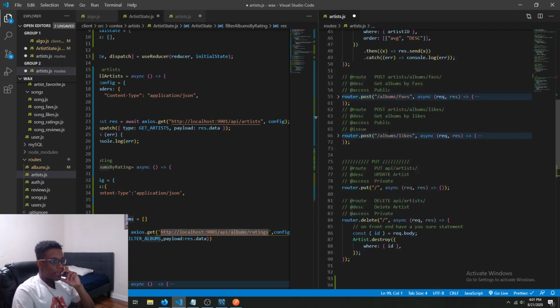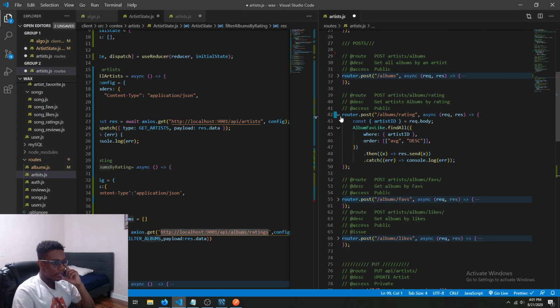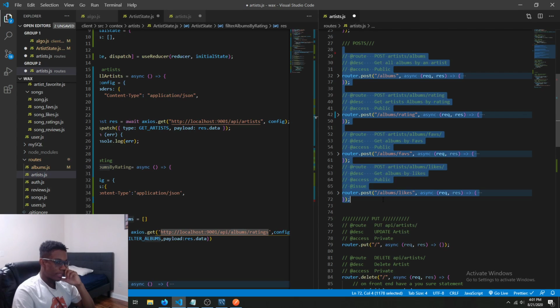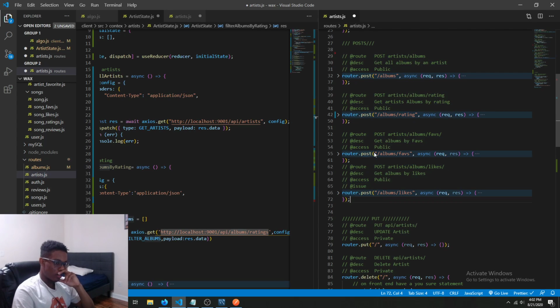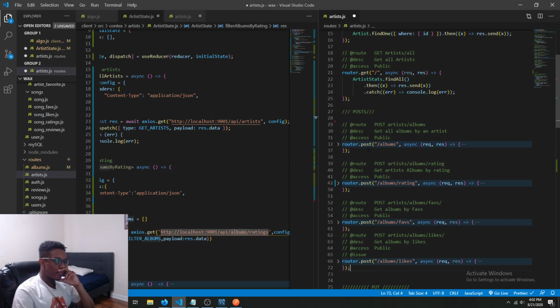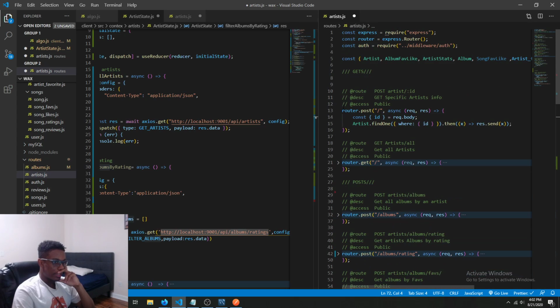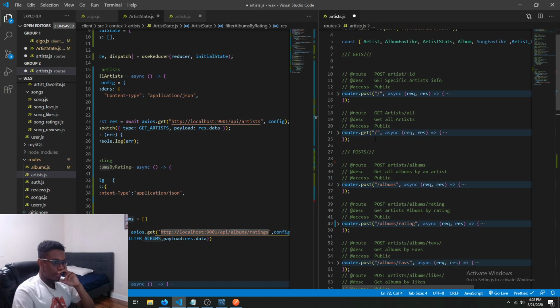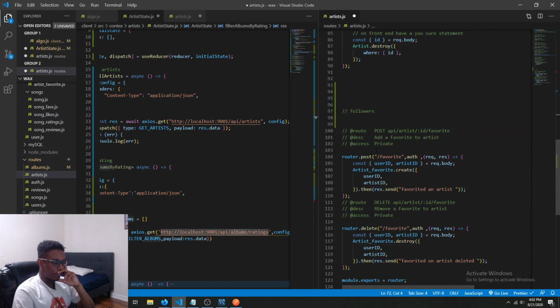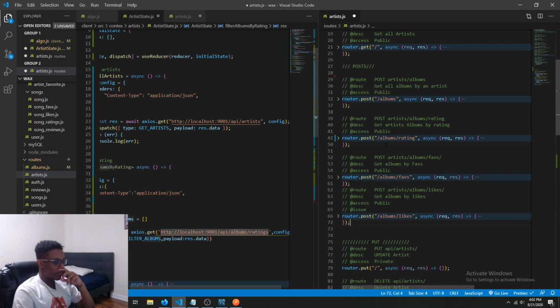Alright, and then I need to find, this is sorting their albums, which I don't necessarily think is going to get called at all on the front end, but I think it's just nice to have there. Get all artists. Get specific artists. So I really don't have a lot of artists. Looks like I never fleshed it out, but that's fine. So let's